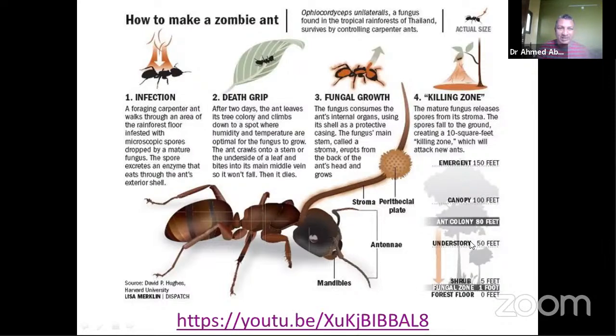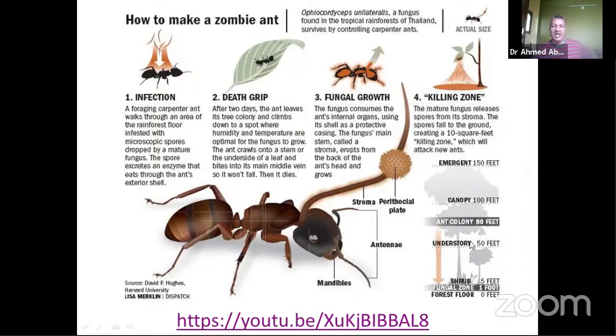Muralidhar sir has told that there are receptors. Whenever a specific receptor is reached, the interaction starts, as in a hormone. Here also, the spores present in the air will come in contact with the exterior part of the ant, and now some kind of enzyme is released from the spore, and it starts digesting the shell of the ant. After 2 days, the ant leaves its tree colony and climbs down to a spot where humidity and temperature are